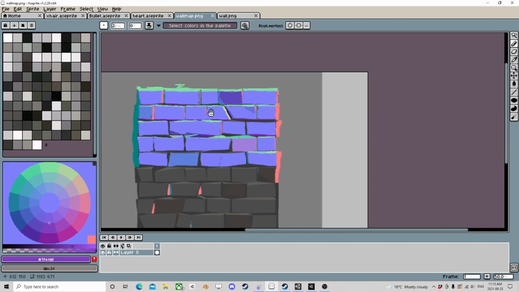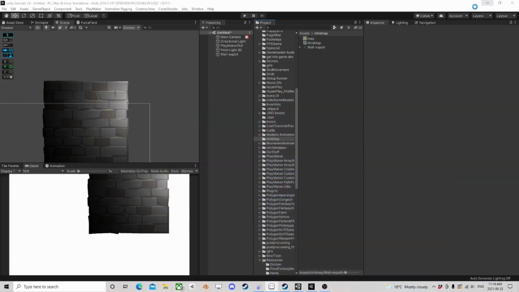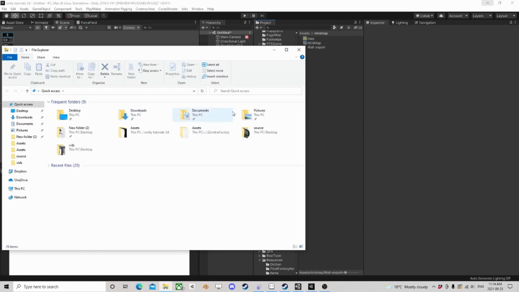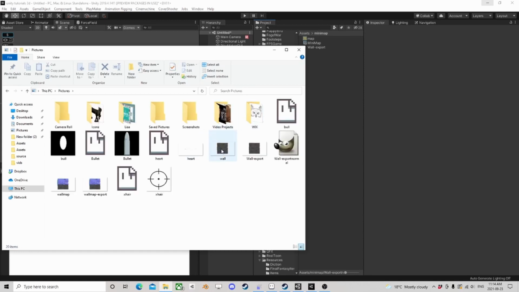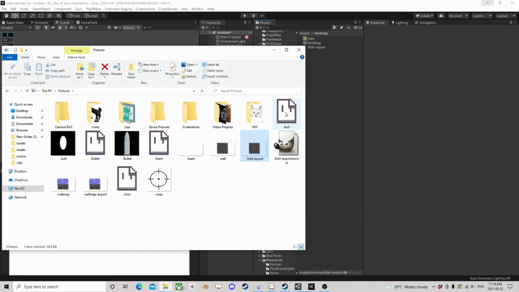Now, you can do this. I mean, it takes a while, but you can really customize stuff. The other option though is if you have something like GIMP. If I open this thing up with GIMP,